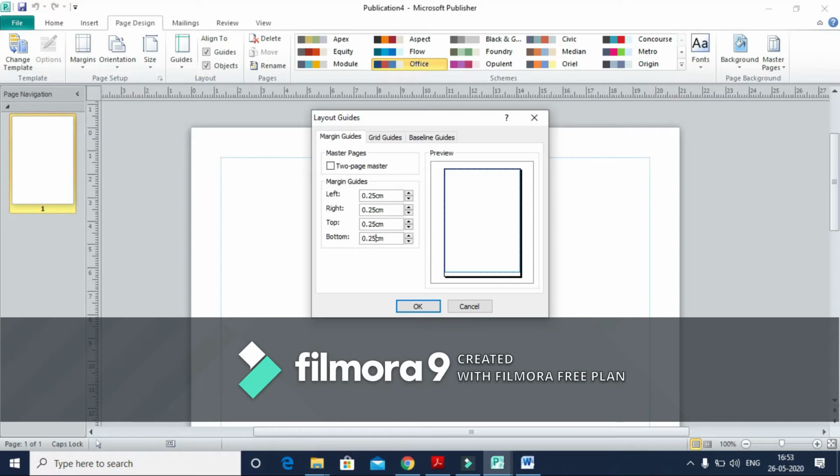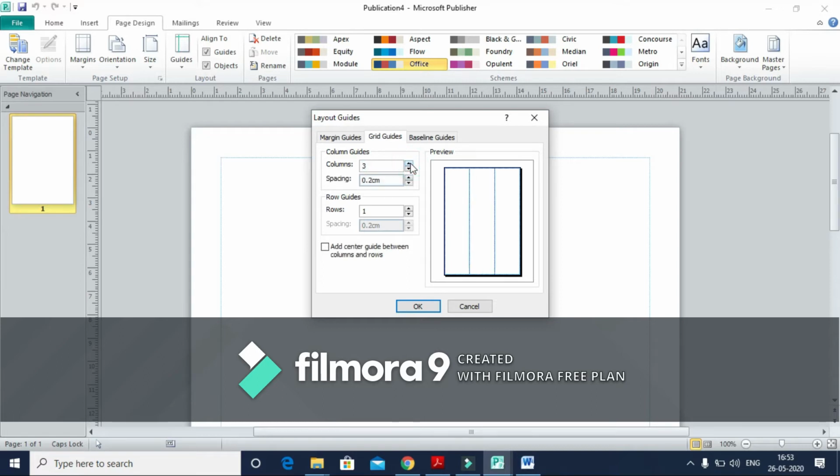Now the margin has completely been set for the desired project. Now we will go to grid guide. Grid guide is again one of the most important things. As the drafted content, we are supposed to go with the number of grids. In a simple way, I can say it is the number of columns.